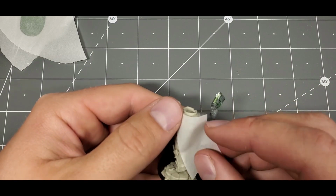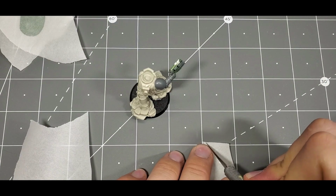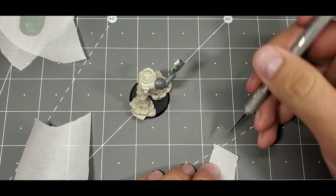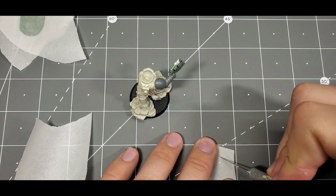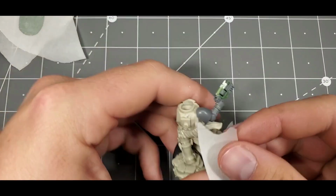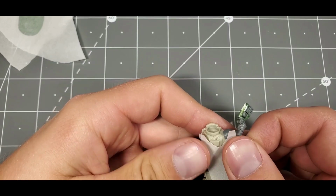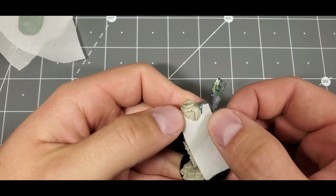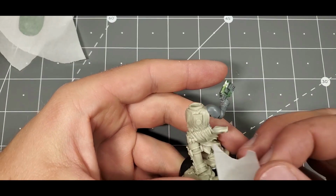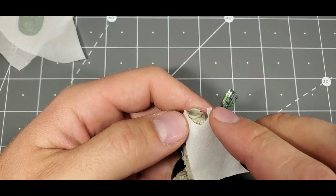So this looks pretty close. I'm going to cut out a U shape. The beautiful thing about green stuff is that even if you were to cut it out this shape, of course you can sculpt and alter it, tuck it in, and do all that to really help yourself out. I think I'm going to go with something like this, and I'm going to ignore the backpack stud there because we are going to cut that off anyway, so that's not going to matter. So I think that is actually a good